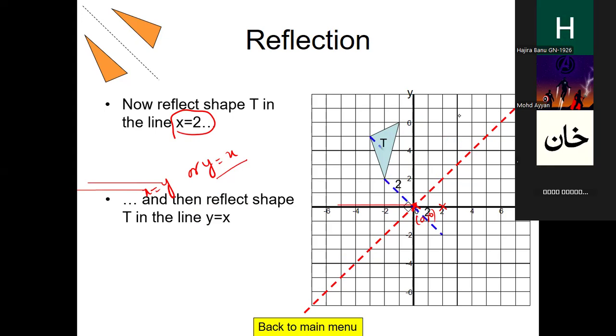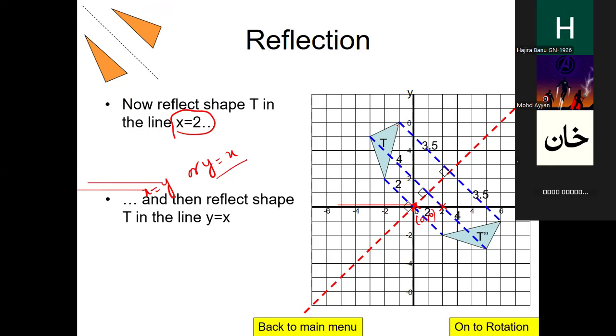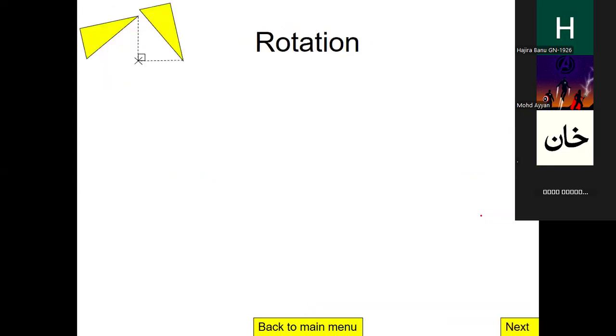So it's very important for all of us to understand the mirror line, because that only helps you to solve your reflection problem properly. Otherwise, the steps are very clear. The next steps, once you identify the correct mirror line, drawing the perpendicular distances and then finding the points, are easy. Now coming to the next part, that is rotation.